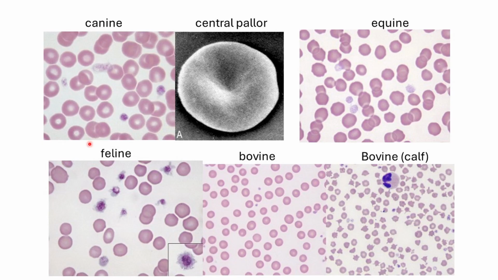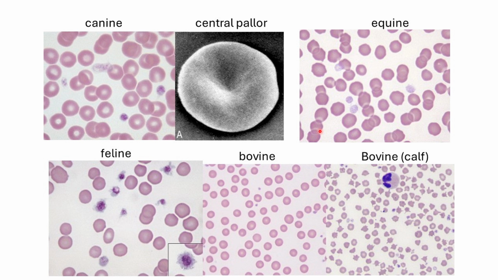Okay, for the RBCs, what's interesting for us veterinarians is that the RBCs can actually come in different shapes and sizes depending on the species. But the commonality in mammalian species is that, again, there is no nucleus, okay? Instead, for the canine RBCs, there is a depression in the middle which gives a central paleness, central pallor, as seen here, very pronounced. But in other species, this is not as pronounced.